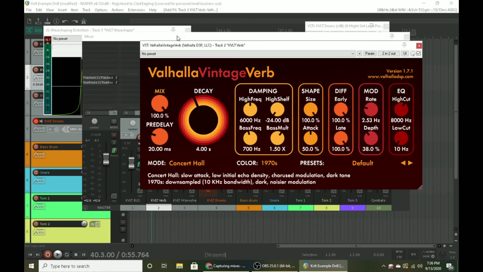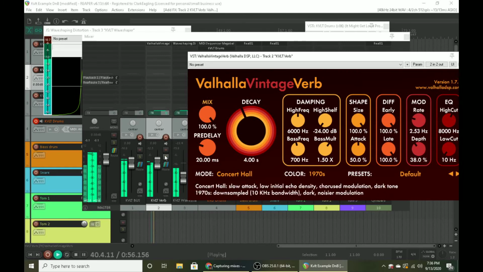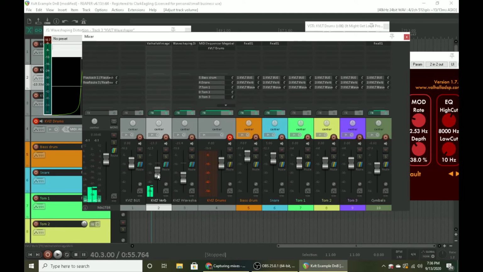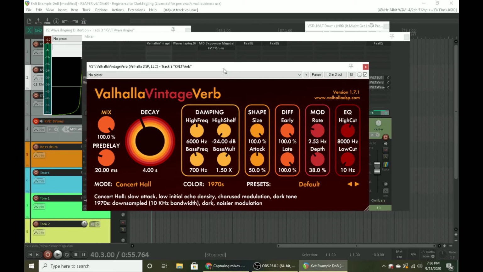So by default, you definitely want, 9 times out of 10, your mix on your reverb bus to be 100%. You only want reverb coming through on this bus. Way too loud, right? It's way too loud. So let's turn that guy down. And it's very dark, and it's a very long reverb. I don't need this to sound like it's in some enormous cave. I want this to be kind of a lively sort of room sound,